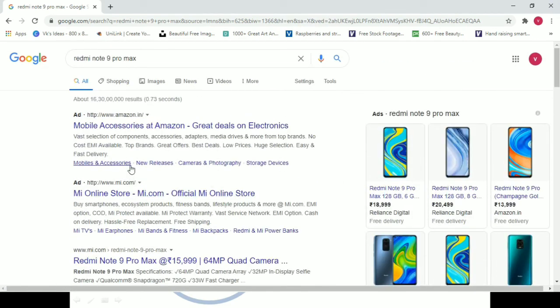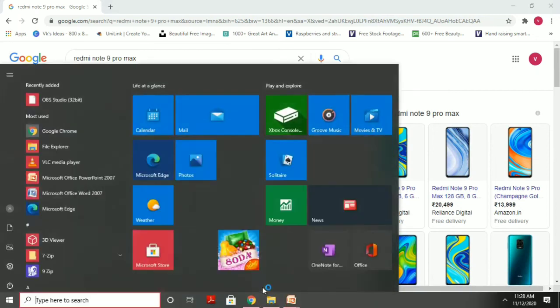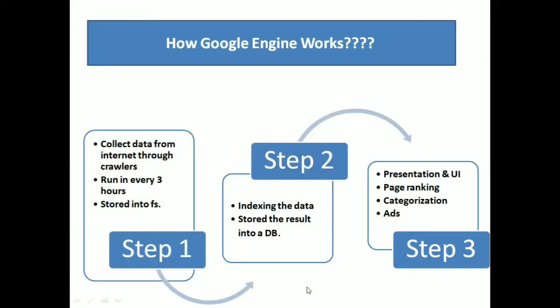In this way Google provides us the output in a very sophisticated and easy manner, so that anyone can easily access the data and get the output for the fired query. So these are the three steps in which the Google search engine works, and big data comes into the picture where in the first step all the data is dumped into big data, and then different machine learning algorithms and NLP techniques come into the picture in step 2 and step 3, and then the UI is visually presented to the user in a more effective manner.